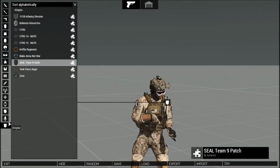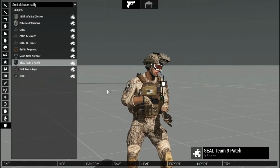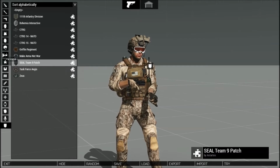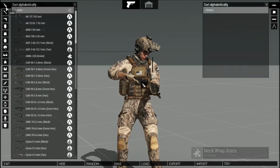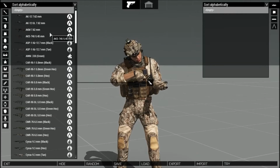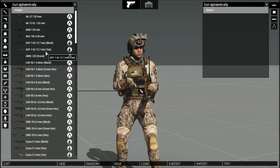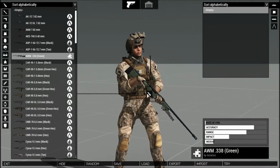And then, a new thing that you haven't seen. We've done uniforms and vests and stuff in the past, but one thing we have not done, those white goggles are bugging the crap out of me, so let's throw on something different, is weapons. I've got a couple new weapons added in here. They're basically just ported over from Trixie's Marksman pack, but we've got this AWM sniper rifle,